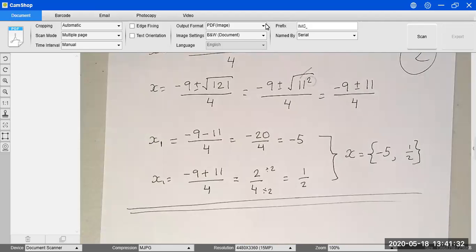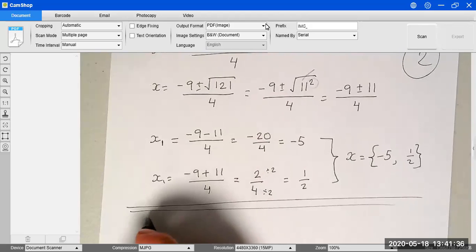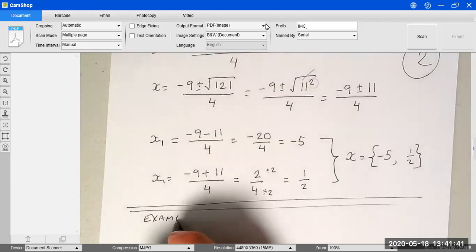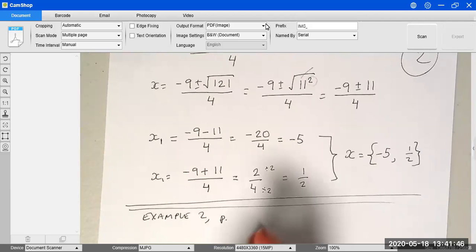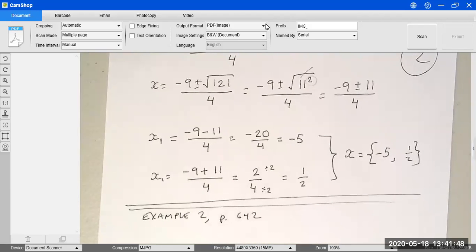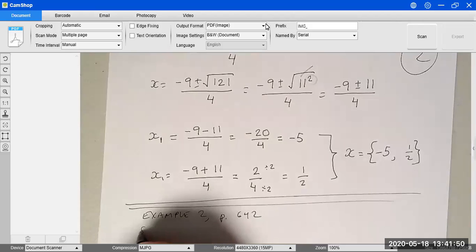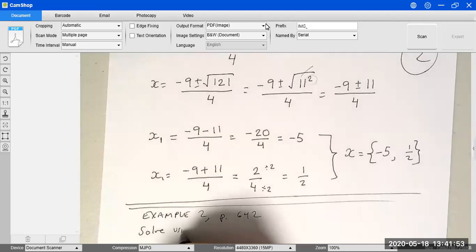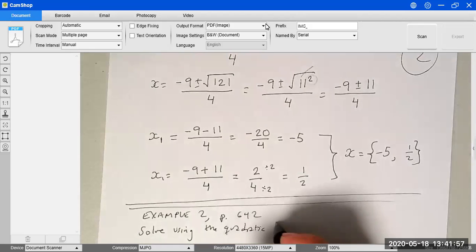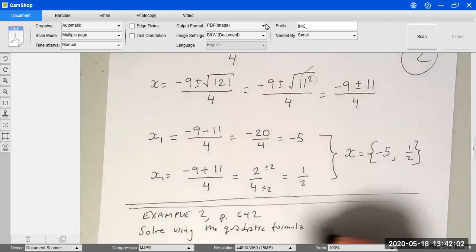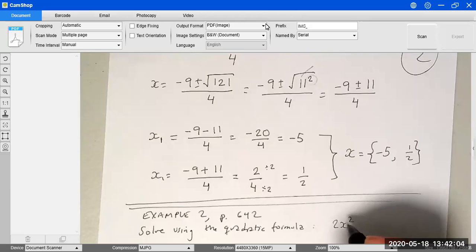So I'm going to solve one more problem, and then you're going to have the time to practice and use the quadratic formula. So we have example 2 on page 642. So we're going to solve using the quadratic formula. Okay, the problem is 2x squared equals